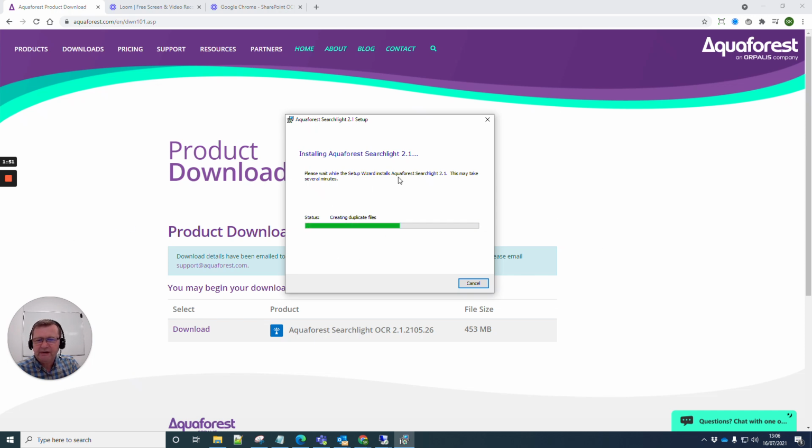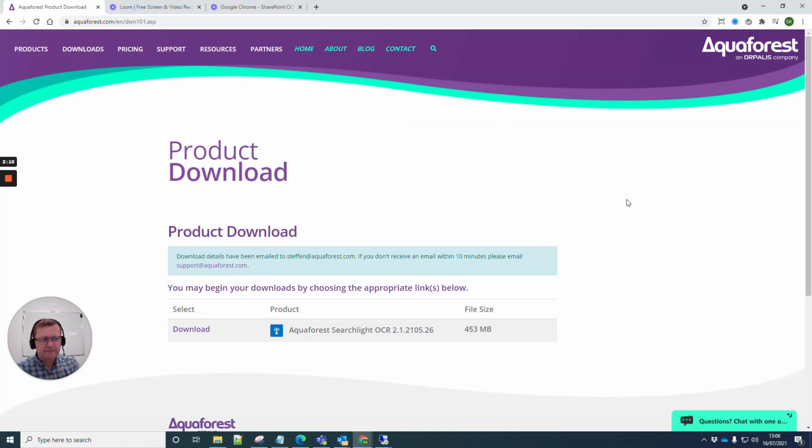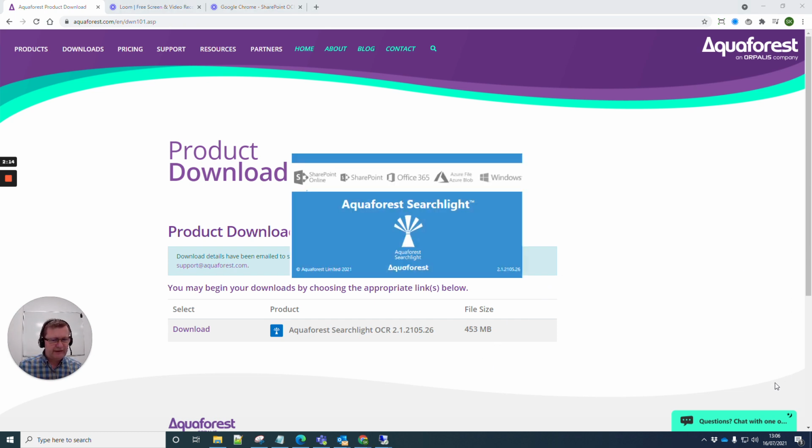Now the installation itself takes under a minute, I guess, and once it is complete we can actually start the application from here. And here is Searchlight installed on the machine, and with the first running we will now have to paste our license key in here, which we got from